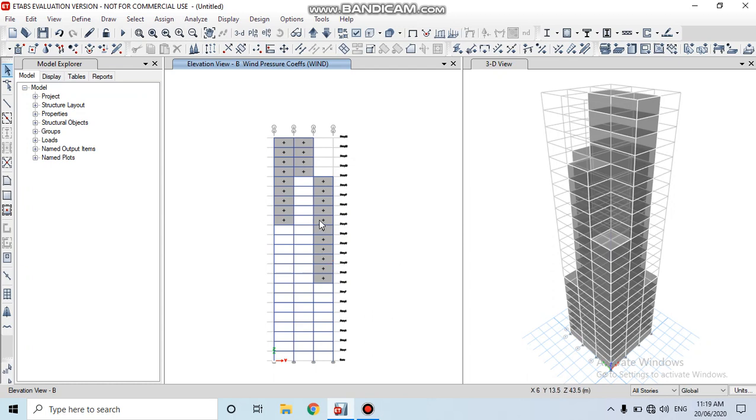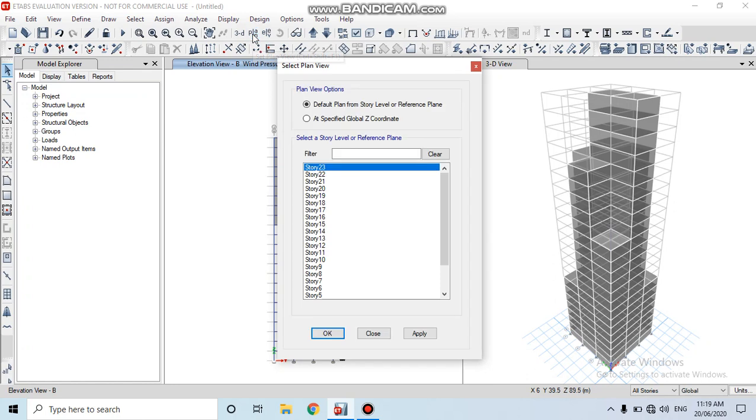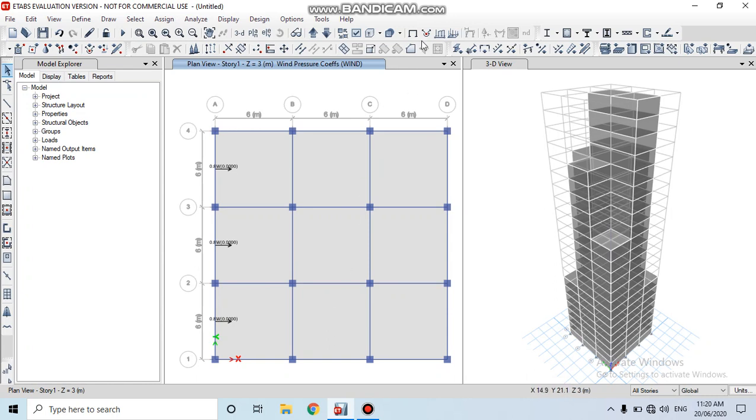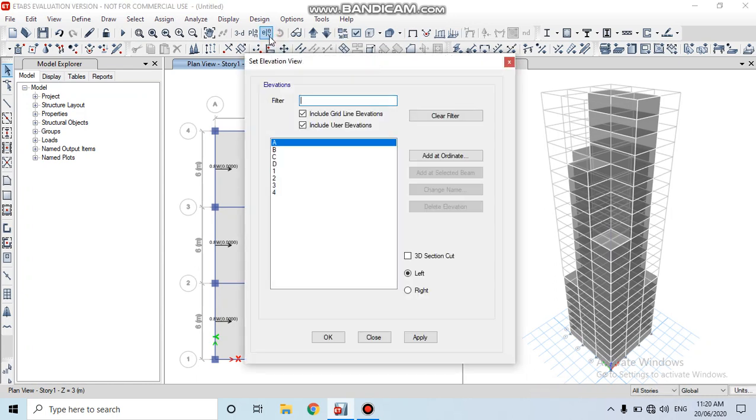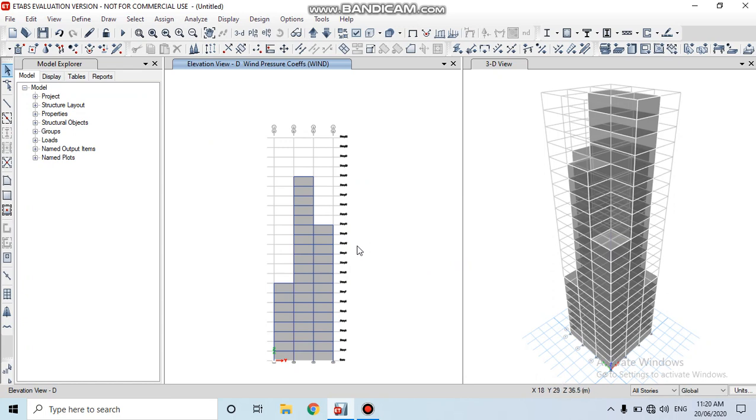Go to the plan view option. In the plan view option, select story 1. Here, click on OK. Then go to the elevation view. In the elevation view, select D. Then click on OK. Here we have to select all the shells.